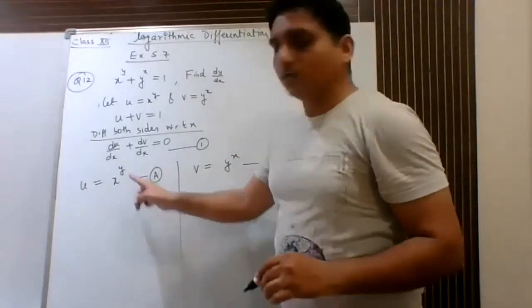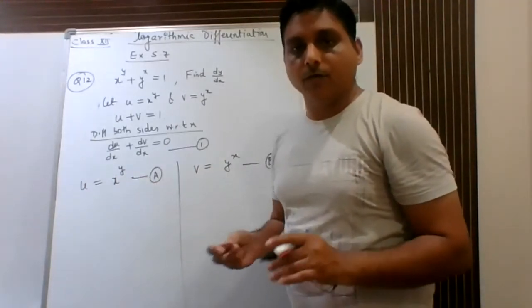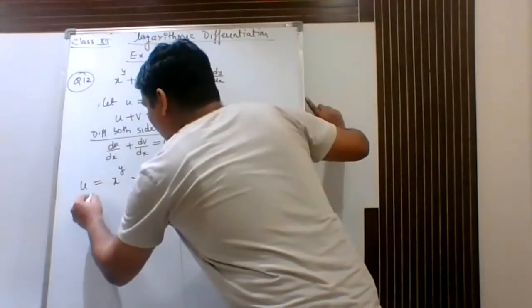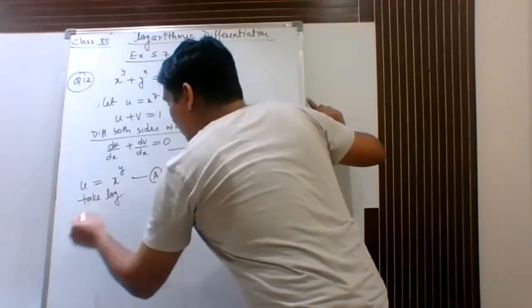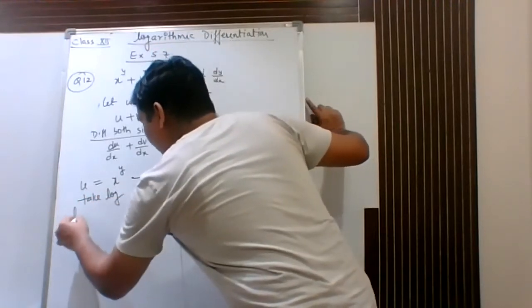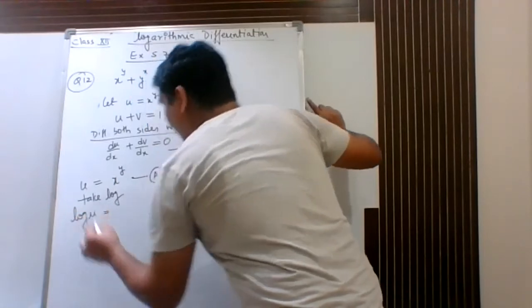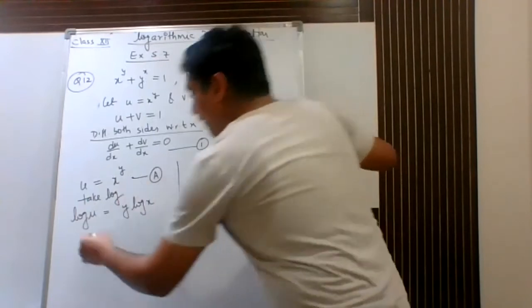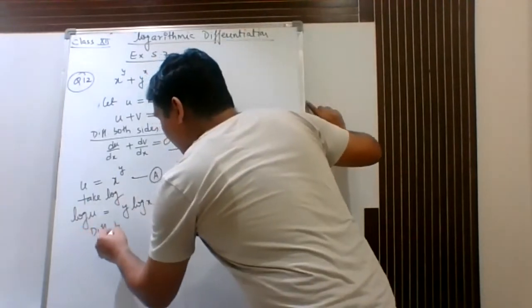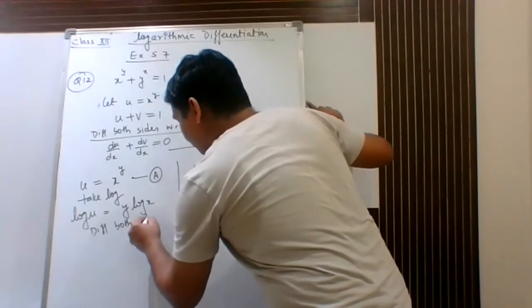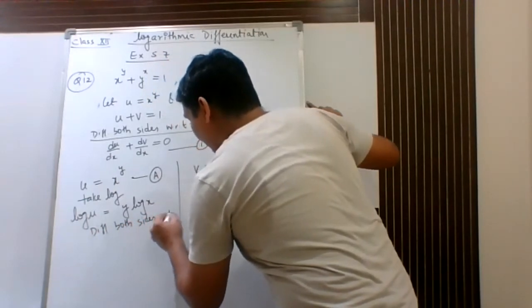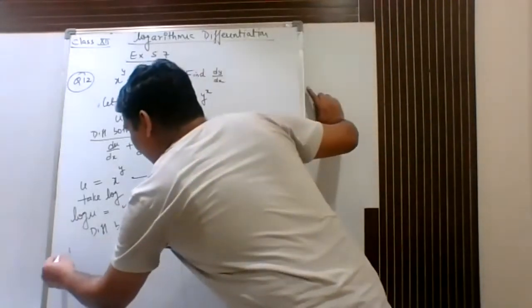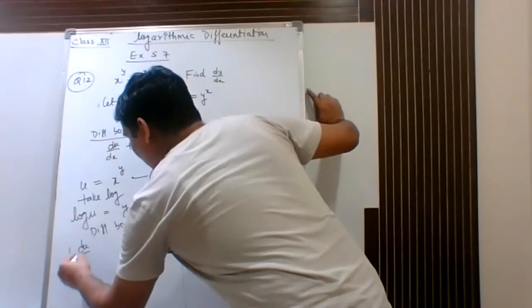Now, this is function to the power of function. So I had told you earlier, you have to just take log on both the sides. So let's take log on both the sides. So take log. So when you take log on both the sides, log u can be written as y log x. Now you will write differentiating both sides with respect to x. When you differentiate both the sides with respect to x, it will become 1 upon u du upon dx,